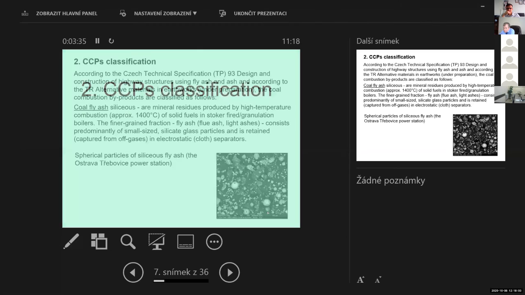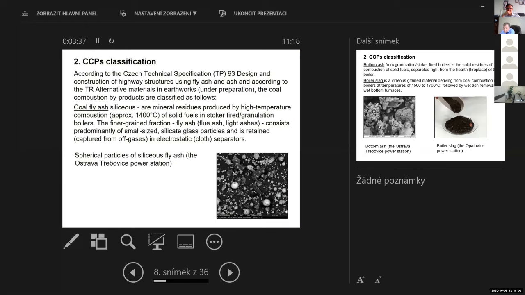And now something about the classification. We have in the Czech Republic technical specifications 93, design and construction of highway structures using fly ash and ash, and according to this specification and also according to the prepared technical report, alternative